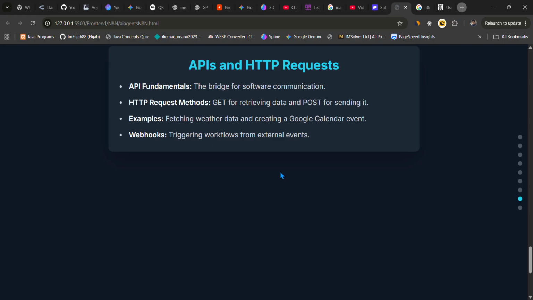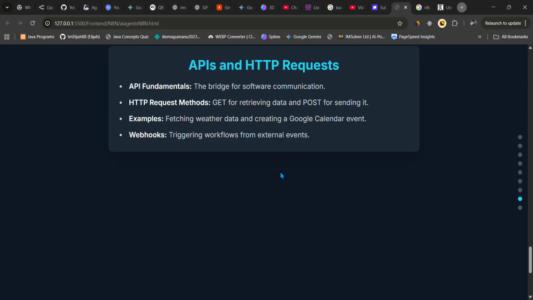And the APIs and the HTTP request, HTTP API fundamentals. At its core, N8N communicates with other services through APIs and HTTP requests, and the masterclass covers the fundamentals of how this works, including the common GET and POST request methods.